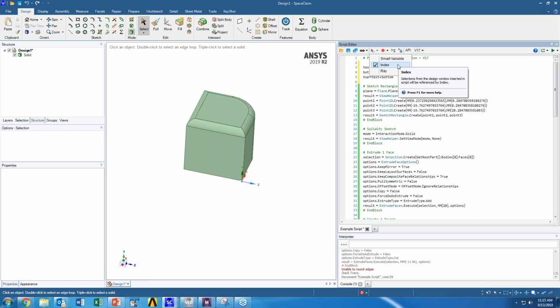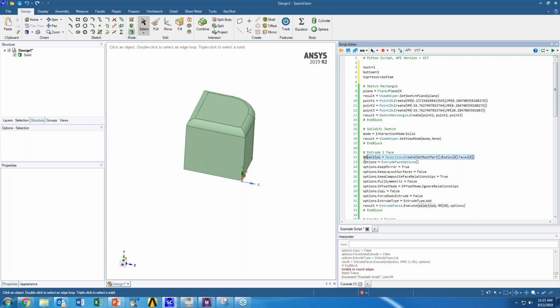Index will specifically call out in the code the index associated with a given part, whereas smart variable will make a separate variable that defines that index. But I've found that to be not as robust when I'm rerunning and changing things periodically. So just to clarify that.